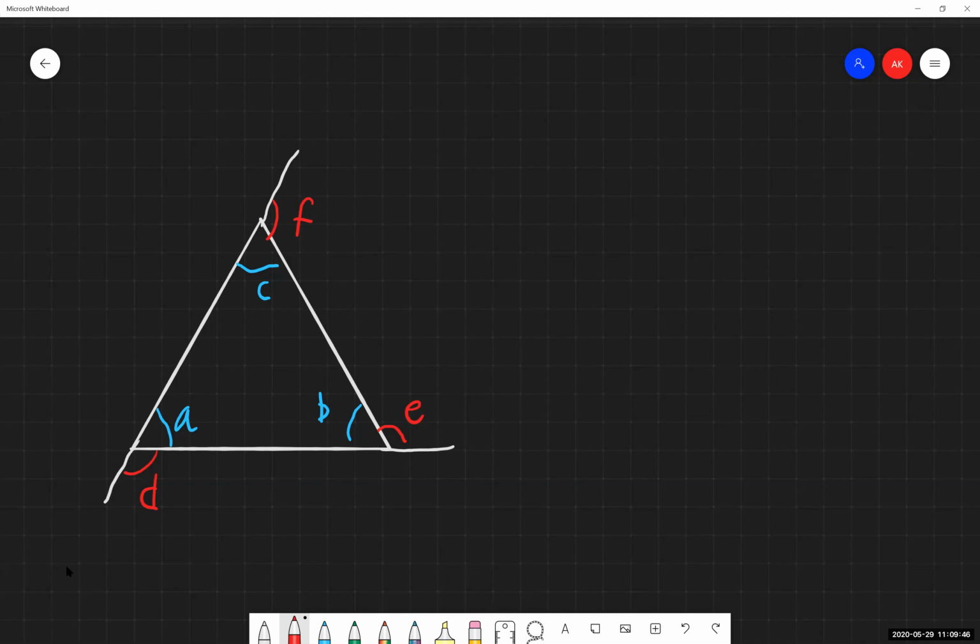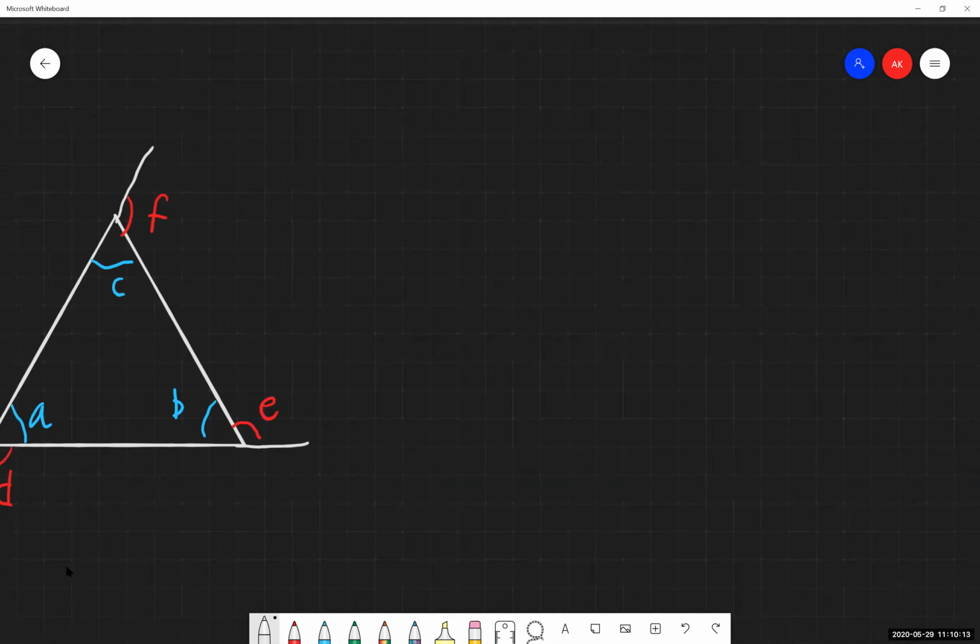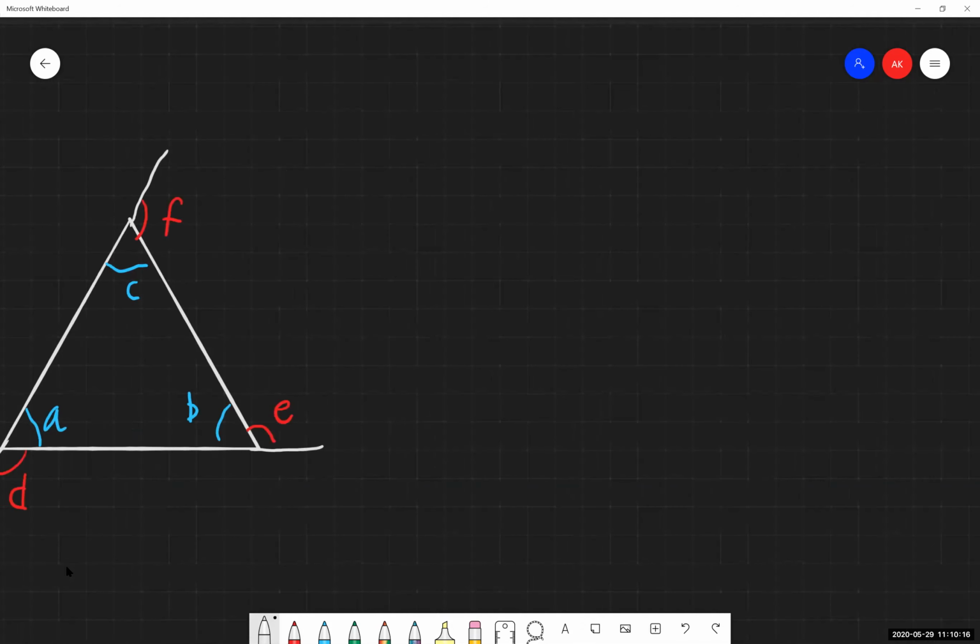Now again, as we were just told in the notes, an interior angle and its adjacent exterior angle are supplementary. So if we're looking specifically at the bottom right corner, angles B and E, these two things are supplementary to one another. If I add angle B with angle E, those two things should add up to equal 180 degrees. So a couple ways we can see that written out, just showing you the notation of what you can see with this.